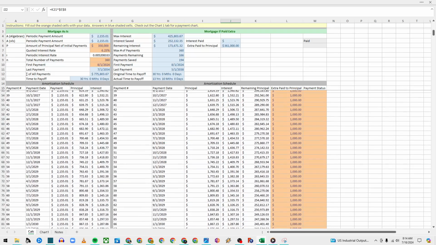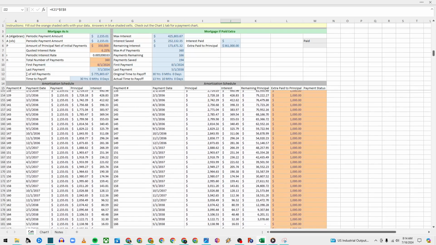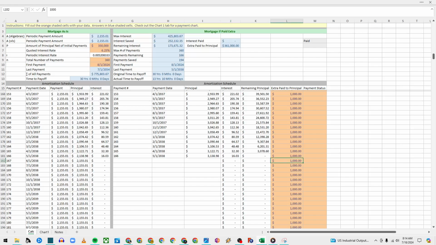One of the things I didn't build this to do was to figure out automatically when the last payment would be, and then switch so it just doesn't continue on. You have to fix it. You have to go in and put a 0 here, just drag that down when you see the payment